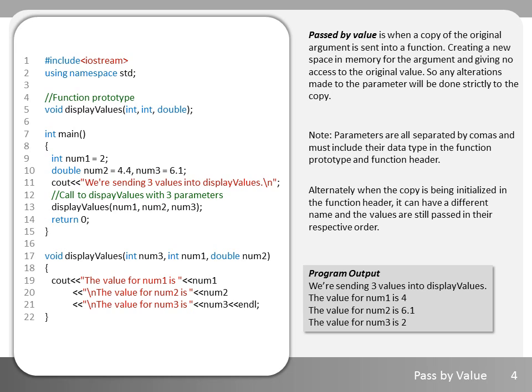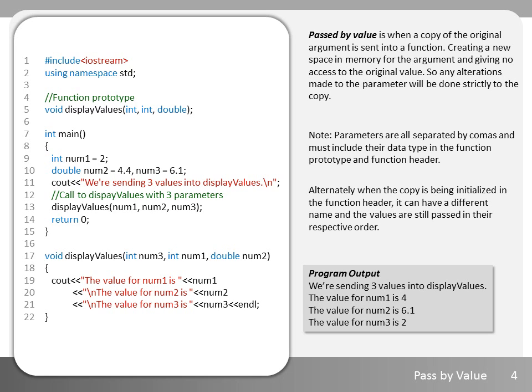Aside from sending a literal as an argument, you can also send a copy of a variable into a function. This is called pass-by-value. To do this, you start by writing the variable name in the parameter list of the function call as you would the literal. And what's going to happen is that when you send a variable as an argument, a copy of that argument will be made, and any changes done to it in the function will not affect in any way the original